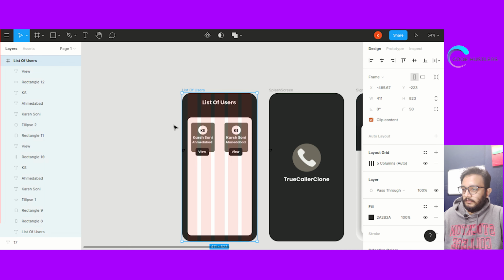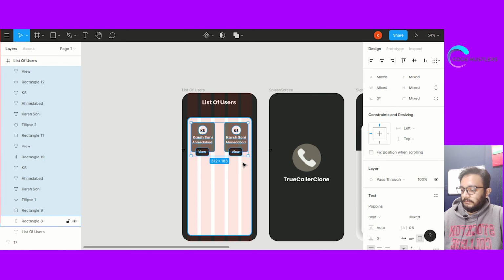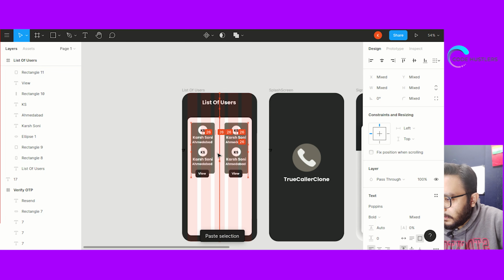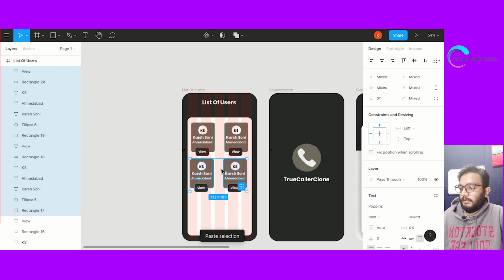Now I think we'll select both the items, copy it, paste it, copy it, paste it.